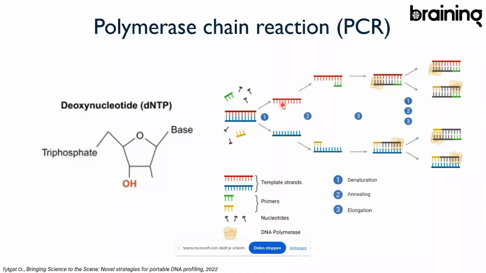And to be able to copy those strands, you need three components. The first thing is you need a DNA polymerase. That's the enzyme that's going to include bases based on a template strand. The second component you need are the bases themselves, the deoxynucleotides. So you have adenosine, thymine, guanine, and cytosine, right? And important is that they are deoxynucleotides. So you see this hydroxyl group here. This hydroxyl group is very important for the DNA polymerase to be able to put the next base. If this hydroxyl group is not present, the reaction cannot continue.